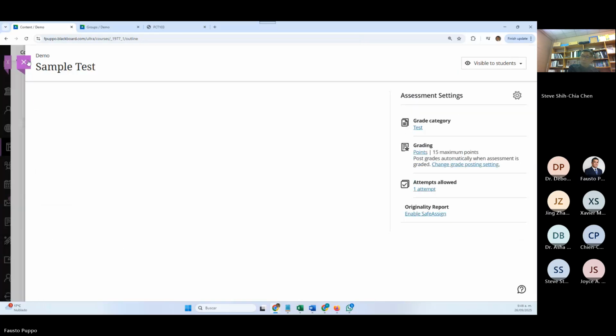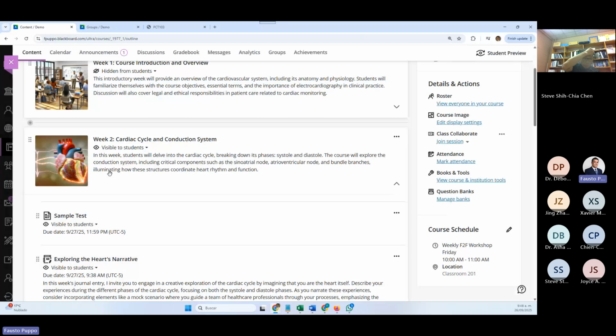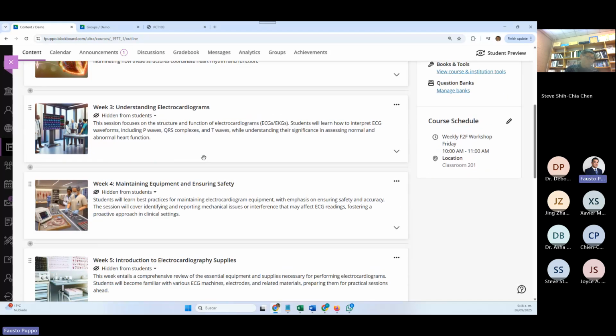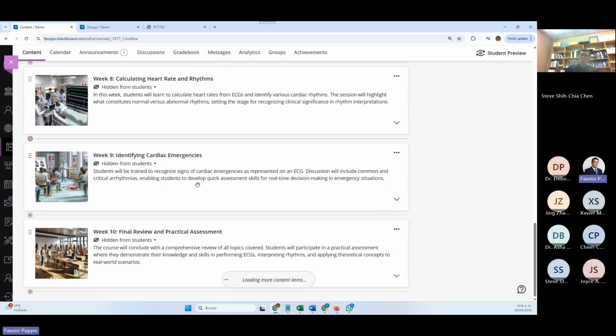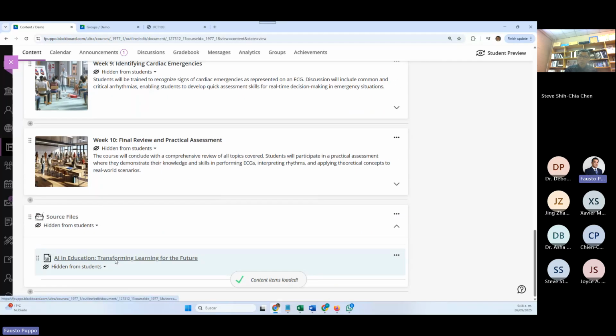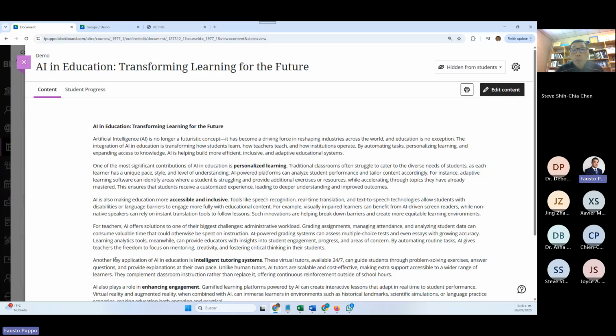Very good. What else can you use the AI Design Assistant for? It can actually help you with the look and feel or the design of your Ultra documents. So if we go to my source files here, and we look at this Ultra document, it's plain text, as you can see. Okay, and there's nothing wrong with it. However,